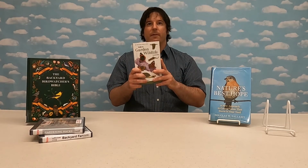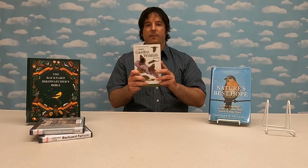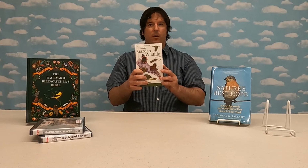This section shows you how to identify many garden animals and species, including mammals, birds, amphibians, mayflies, dragonflies and damselflies, butterflies and moths, beetles, spiders, bees, pond life, and more. There are helpful hints throughout, such as tips on bird feeders and nest boxes under the bird category. There's also a list of top 10 tips for wildlife gardening that's toward the back of the book. And it was compiled by the Wildlife Gardening Forum,